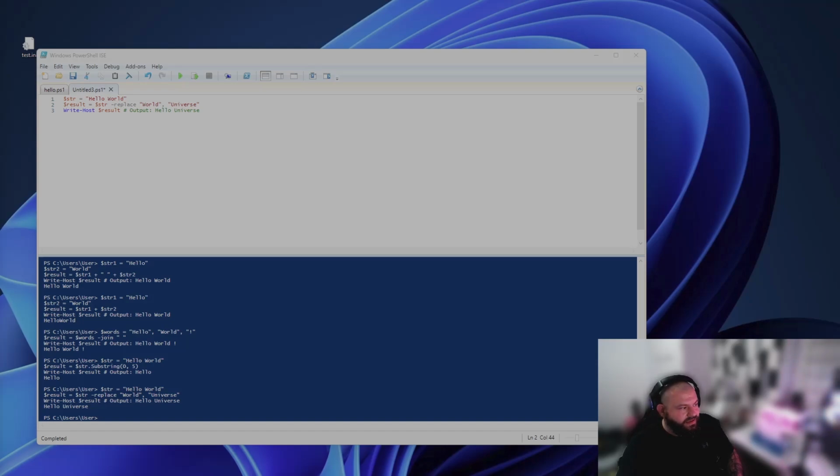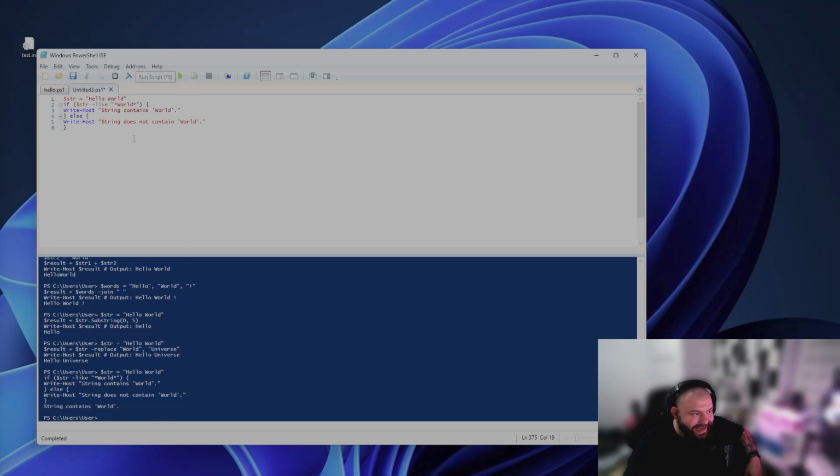Let me copy the example. Again, I have my hello world string. If in my string I find something like world, but I don't care what's before it or after it, I just want to know if that specific string contains the word world, I do it with like, right? For example, if I don't put this here,